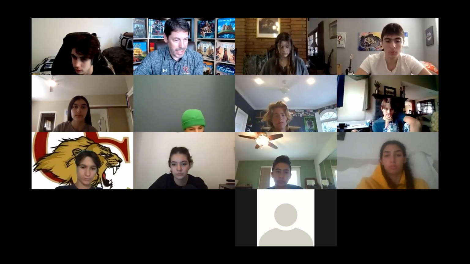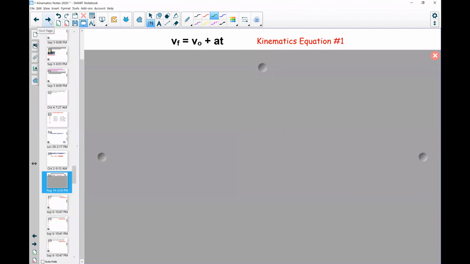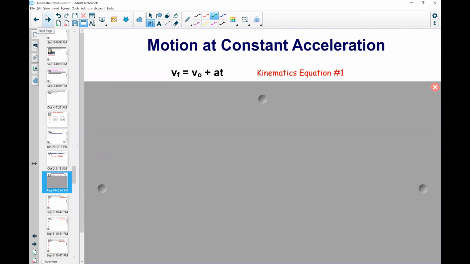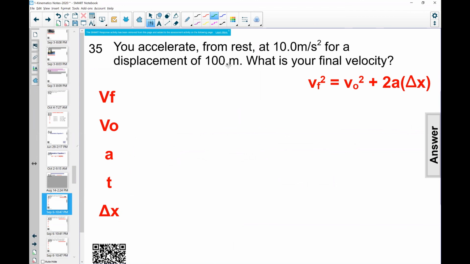All right, back to the actual notes. So like I said, not going to show you the algebra in class, but I wanted you to see where it comes from, how they derived it. All right, let's practice using kinematics equation 3. So as I mentioned earlier, I would recommend you write down all the variables and list what they are, and then figure out how to plug them into the equation. And just so you know, right now we just looked at equation 3, and so obviously you're going to use equation 3 to solve this question.